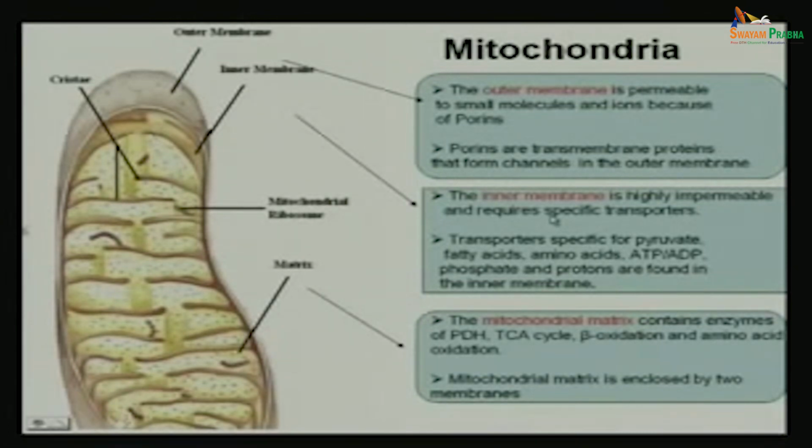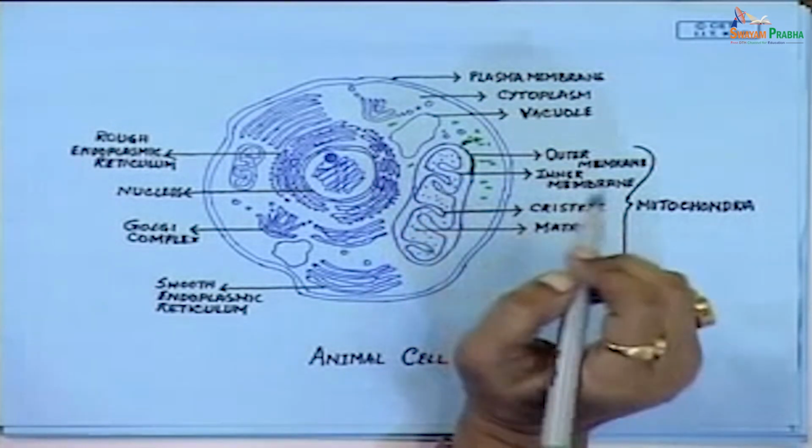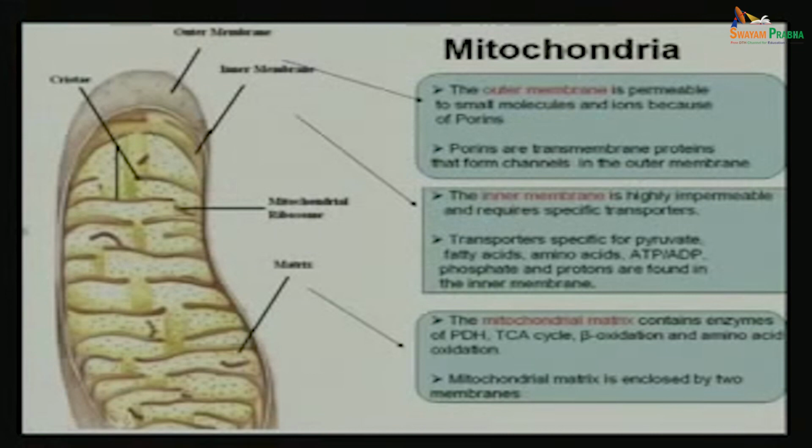That means this inner membrane is highly intact and it is impermeable to any such ions or soluble or insoluble molecules. Transporters are needed for transportation from inside to outside. The transporters specific for pyruvate, fatty acid, amino acid, ATP, ADP, phosphate and protons are found in the inner membrane